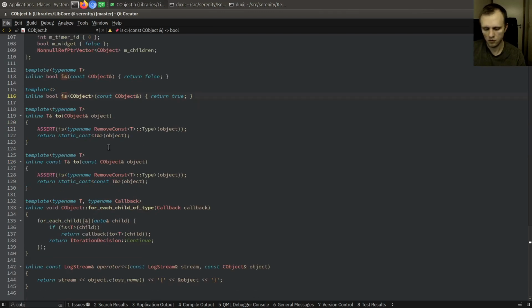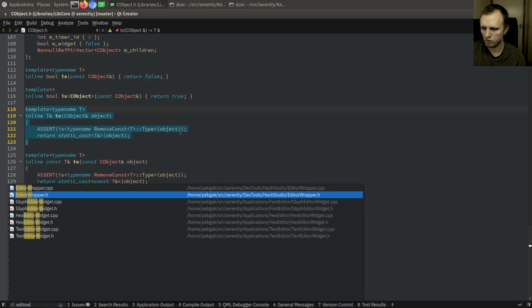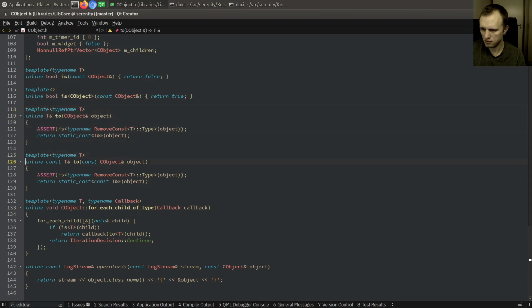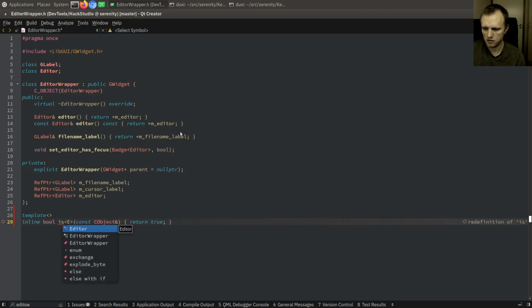So we want to have one of these for the editor child, or the editor widget wrapper, sorry. And this is 2, not is. I am in the wrong place. I did not want 2, I wanted is. Is an editor wrapper